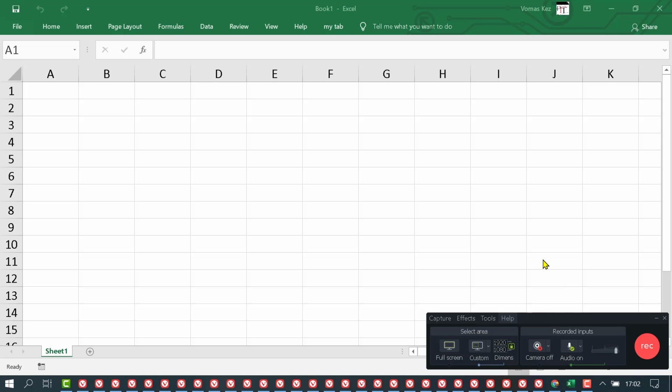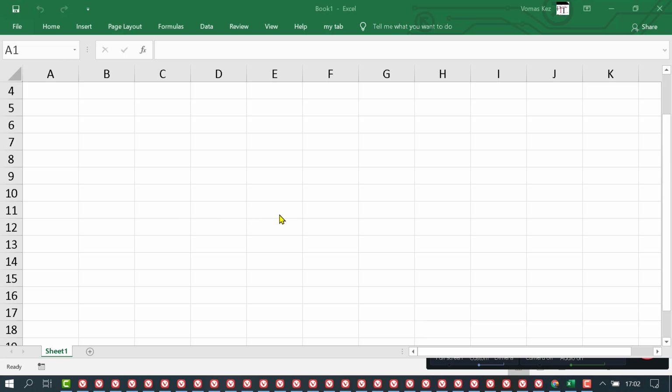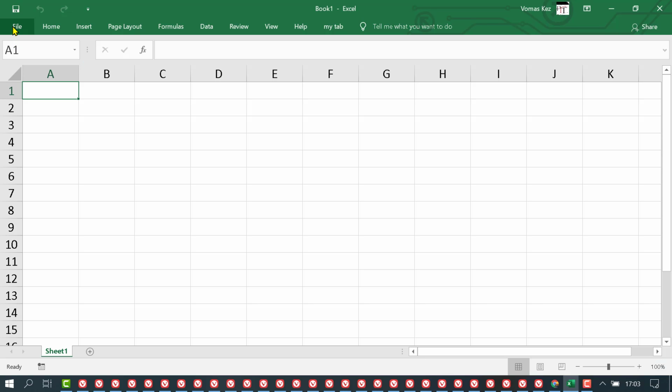In this video, I want to show you how to change the default font size in Excel. As we can see, this default font size is different from what you commonly look at. So if you want to change the default font size in Excel, click on File,